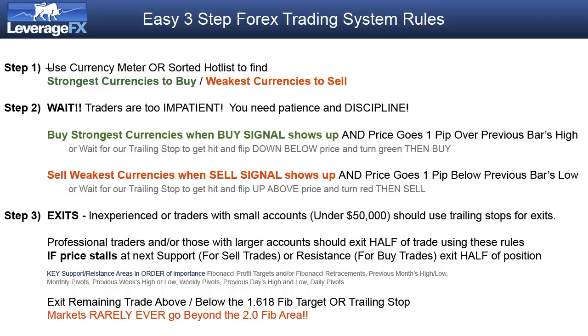The first step is, using the currency meter, find the strongest ones to buy. That's the strong versus the weak, or the weakest currencies to sell. That's the weakest currency versus the strong. And then step 2 is wait. Too many traders are impatient. You sit down, you can't wait to get in the market, you think it's going to go up, so you